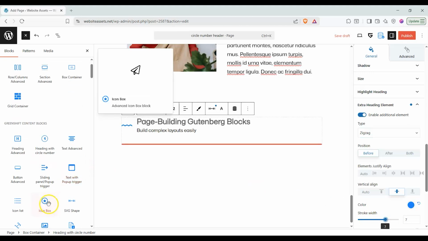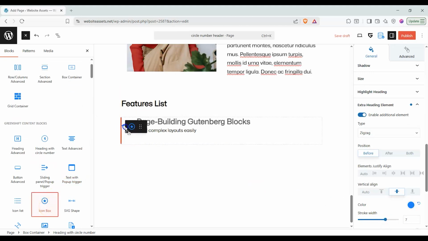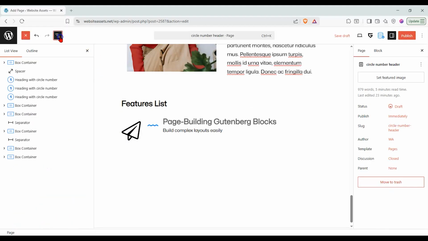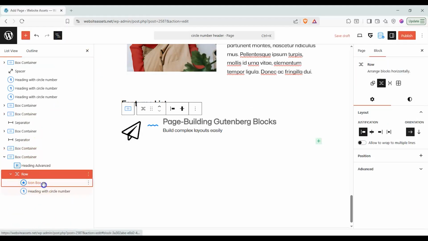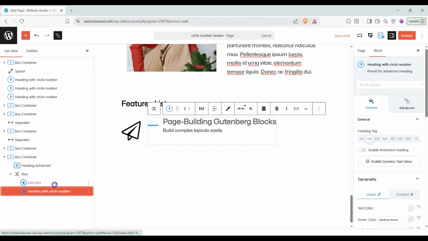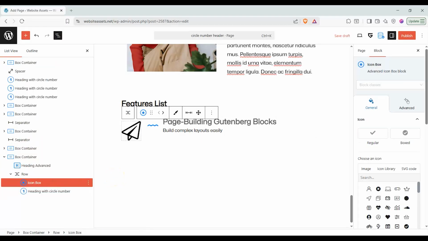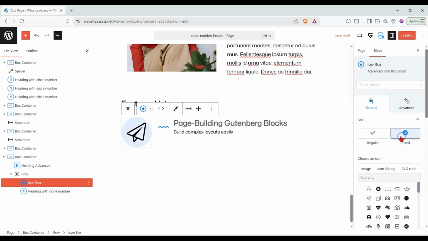And we can go ahead and look for the icon box block here in the block inserter. And automatically, if we go over to document overview, it turns into a row, and we're going to get an icon box right beside it. Okay, so it's a simple workaround. Some blocks in other block libraries and themes, their number header comes with an icon mode, but this is a much more controlled kind of way